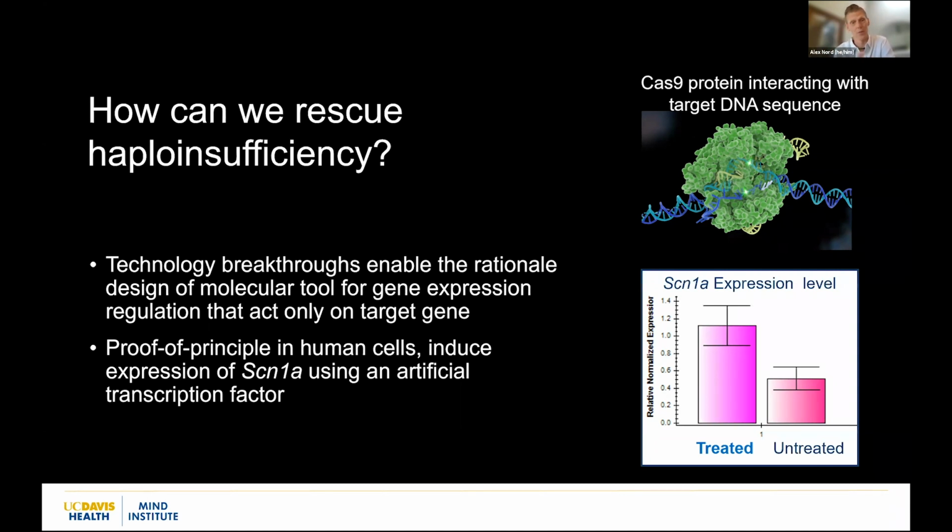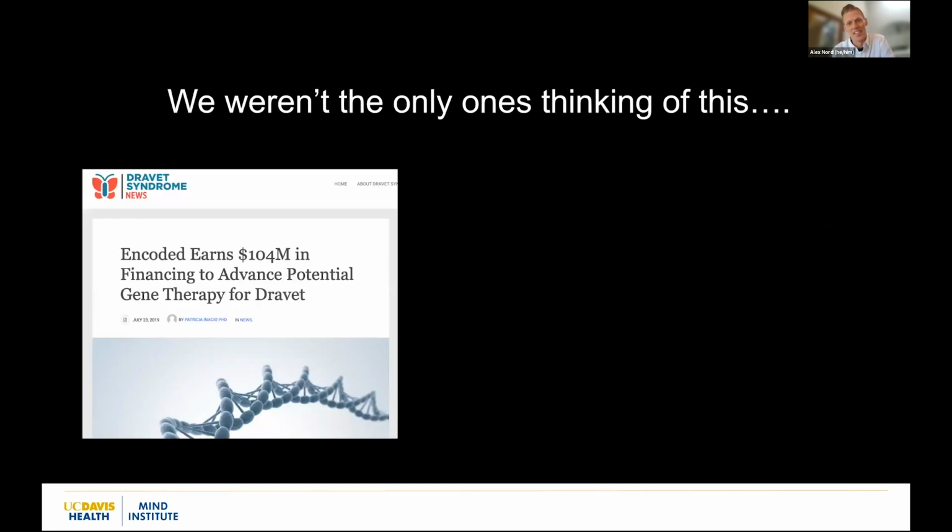We were super excited. We were thinking this is going to be a great next step, and we managed to secure a modest grant to do this. But like all great ideas in science, we weren't the only ones who had this idea. In fact, there are many different labs and companies now that are pursuing this idea. And our funder, which was a smallish foundation, called us back a month later and said, we love your idea, but we think that the contribution that we could make to this project probably isn't the best use